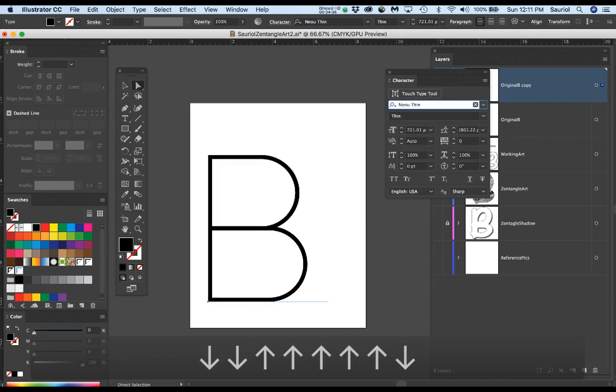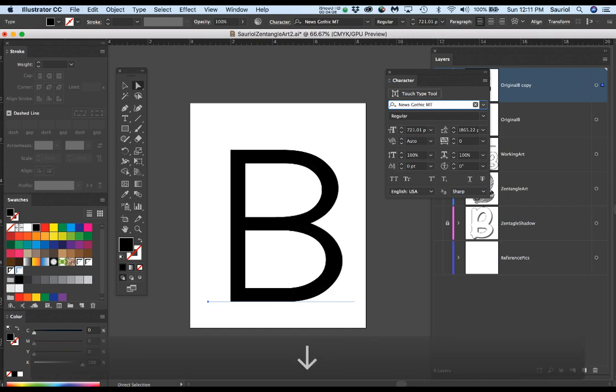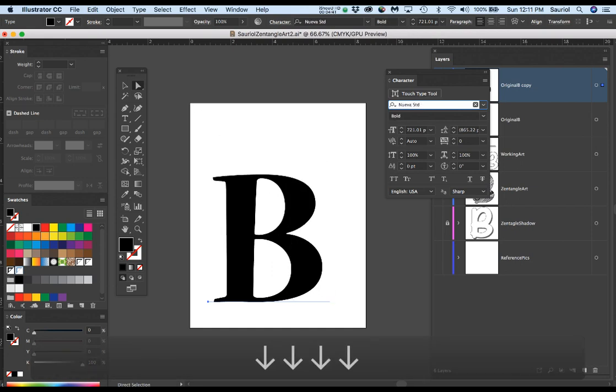That would not be a good Zentangle letter. It does not thin enough, or it's too thin, I'm sorry. And anything that's serif like this wouldn't be good because these little things here actually get too skinny. Now if you want to choose that, then thin down the interior letter like I'm going to do on my letter